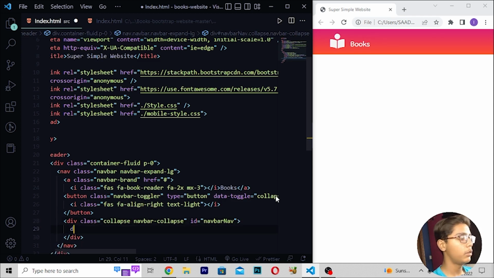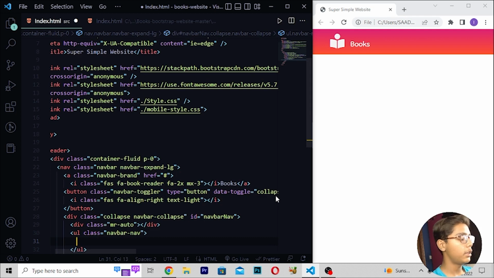Then you have to move down, right here div class, then I will now write mr-auto. Then you have to just move down after this, right here ul class, then I will be writing navbar-nav. Then you have to write here li class, then I will be writing here nav-item active.